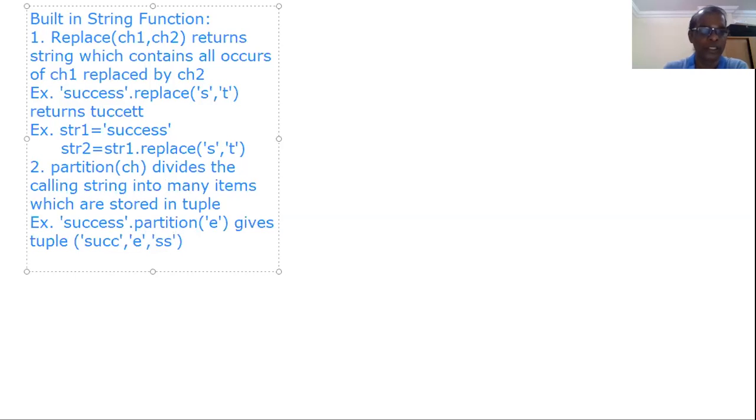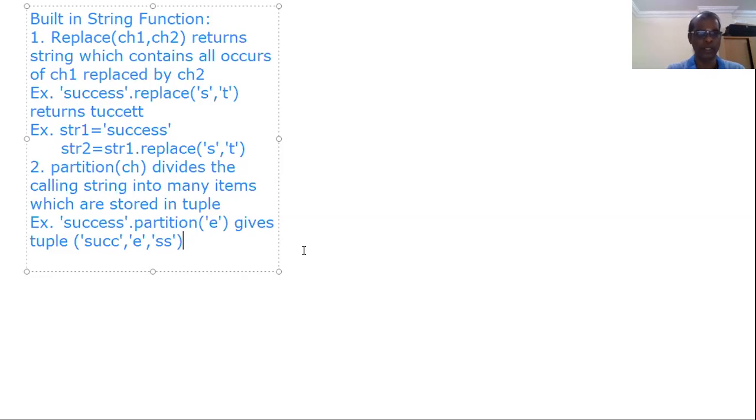So partition returns one tuple which contains the elements partitioned from the calling string. Since e is used, wherever e comes, that will be split out. The left-hand side will be one element, the right-hand side of e will be one element, and e itself one more element. So it comes as three elements.